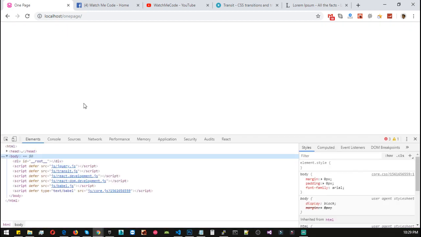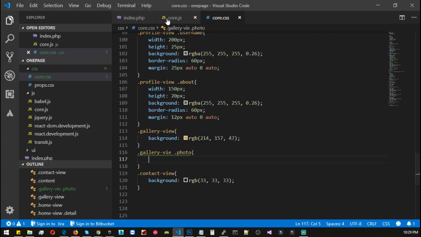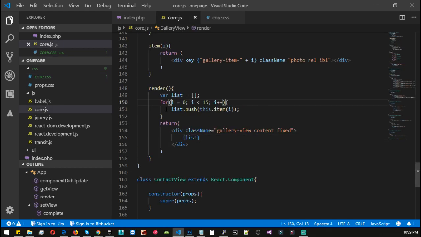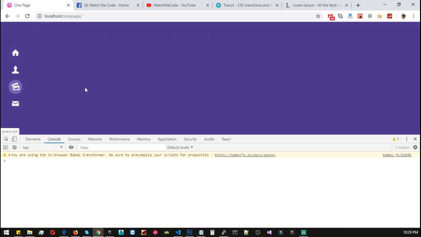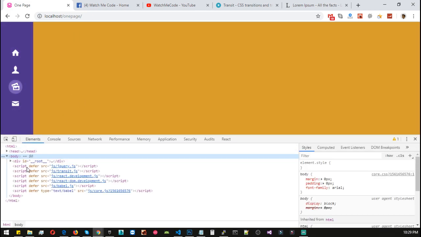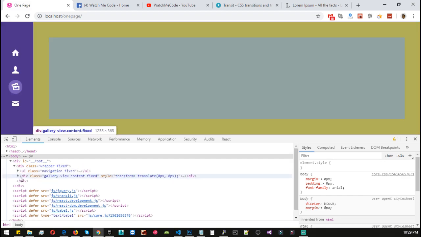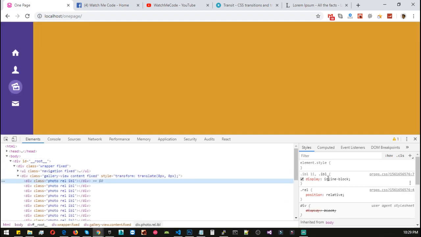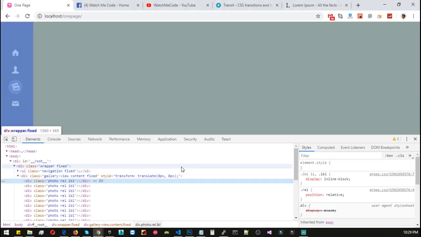Switch to gallery view and we have an error. Switch to console view and it is saying reference i is not defined. Let's go to core.js and add a var. Reload. Switch to gallery view, go to elements and expand the root wrapper and the gallery view and select photo. I guess we have some typo, add a w right here. Reload,